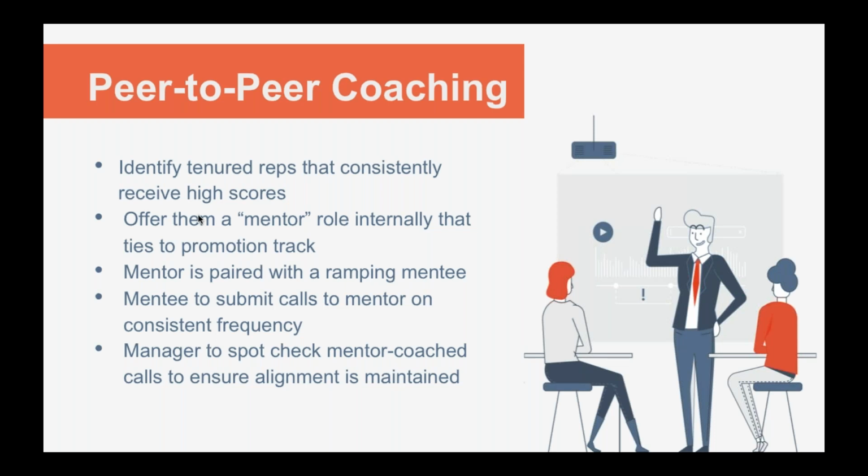Again, I would caution that if you're going to do peer-to-peer coaching, you don't make it a free for all, or else you might get some unexpected results. But we'll get into that a little bit later with the training framework and how to certify people and make sure that they actually know how to provide coaching and that they're giving feedback on the things that actually matter in an objective way. But it's really key, and it's something that we do here at SmartRecruiters every day.